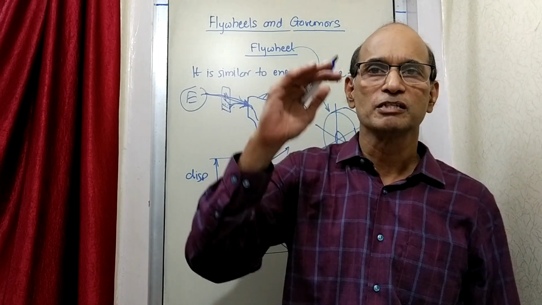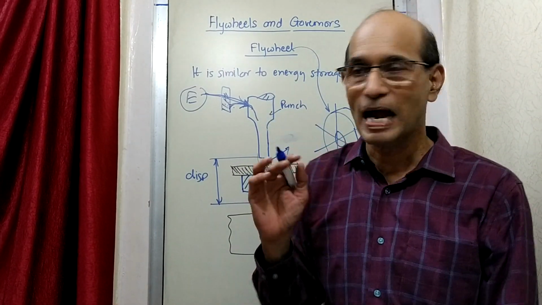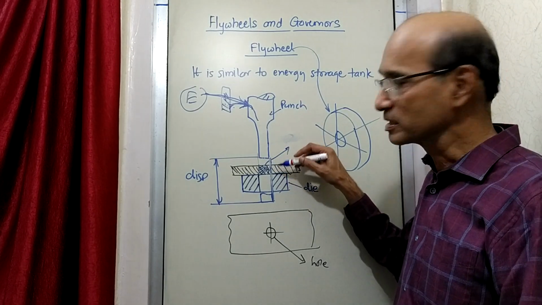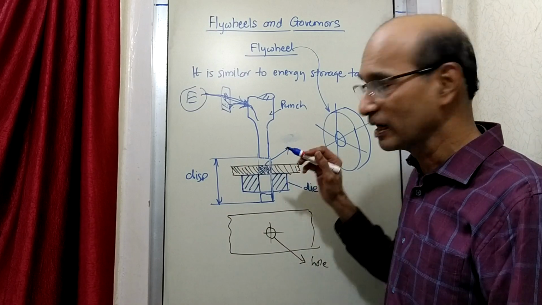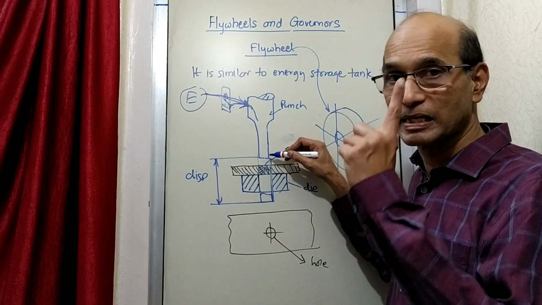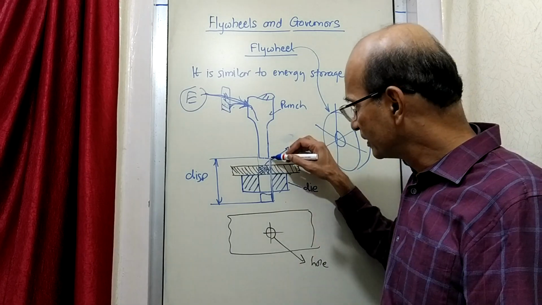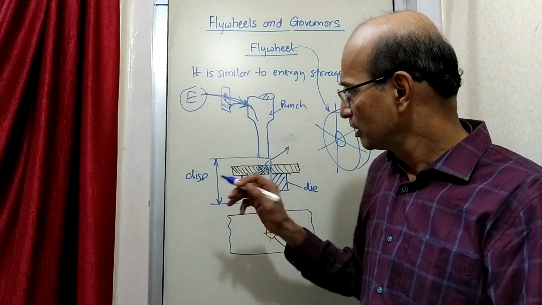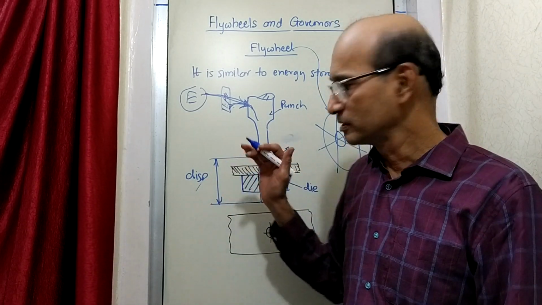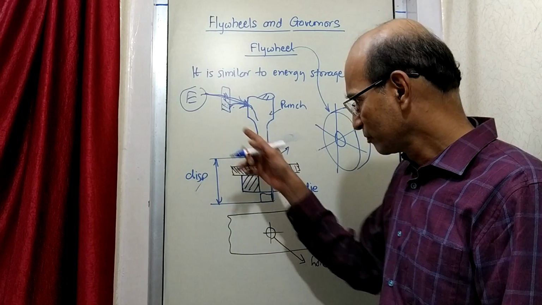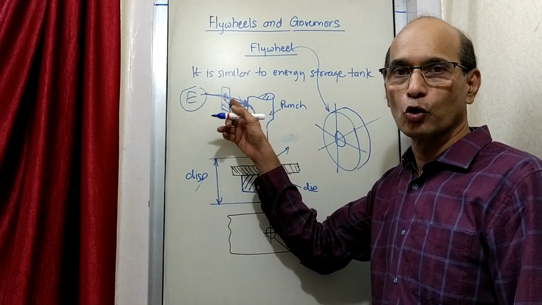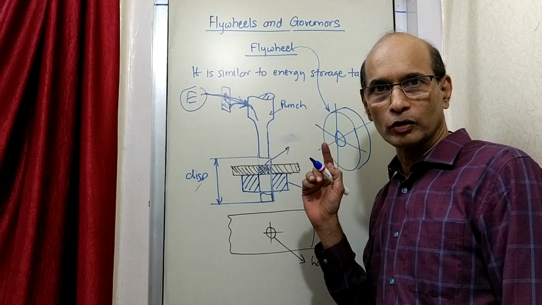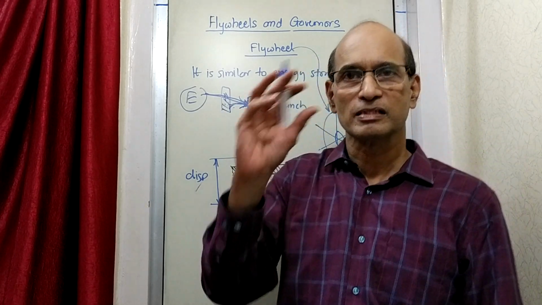So slight fluctuation in speed keeps on happening. And you will see that this change in speed, more speed, less speed, happens for every cycle. So what is a cycle? It starts from here, goes down and comes up, one cycle is over. So during one cycle, there is a fluctuation in speed. The fluctuation in speed takes place during every cycle. Each cycle there is a change in speed, and why does it change? Because the requirement is different. So the excess is stored, and when it is required, it is given. So that is how the flywheel works. Okay, there is a lot of theory behind it, a lot of calculations, and some terms are there.